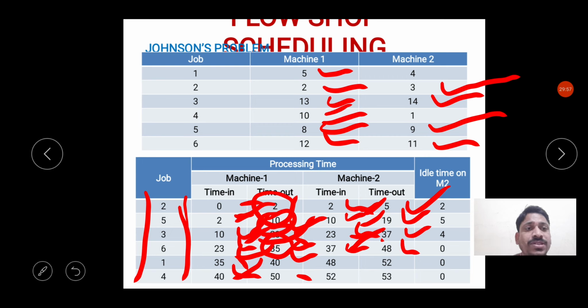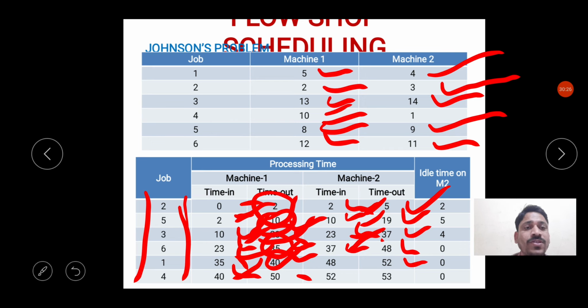We have finished this job on machine 2, and at 48 hours the work is ready because it is completed on the previous machine at 40 hours only. So immediately what we will do is we will start this job. So at 48 hours, the same time when we have finished job 6, immediately we can start processing job 1. 48 plus how many hours? Job 1 on machine 2 is for 4 hours, right? 48 plus 4, 52 hours to complete the work.